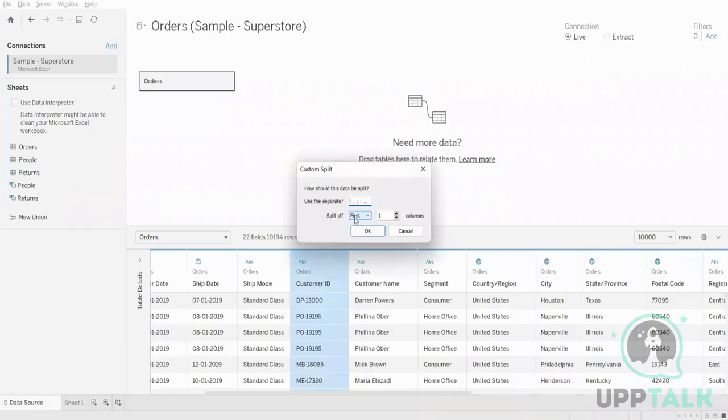First means to the left of the delimiter. So whatever is to the left of the delimiter, it has extracted and given you the data. Now, if you want to extract the later half of the delimiter, you can put a hyphen, because that is your delimiter, and then change first to last. And if you check OK,